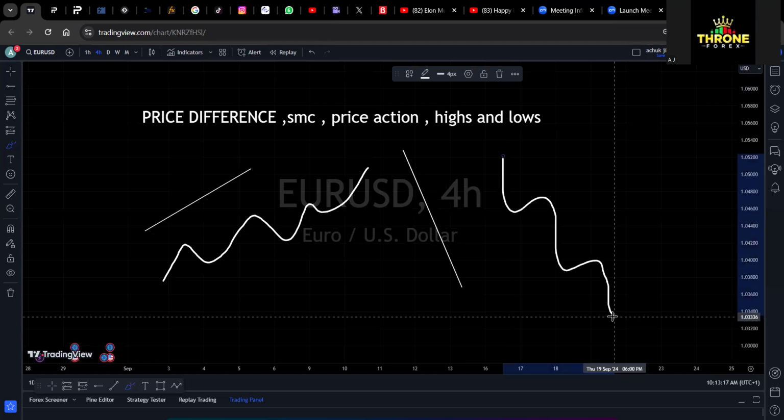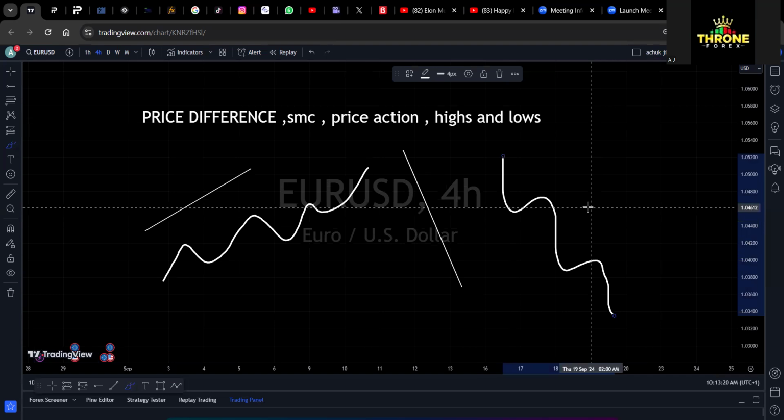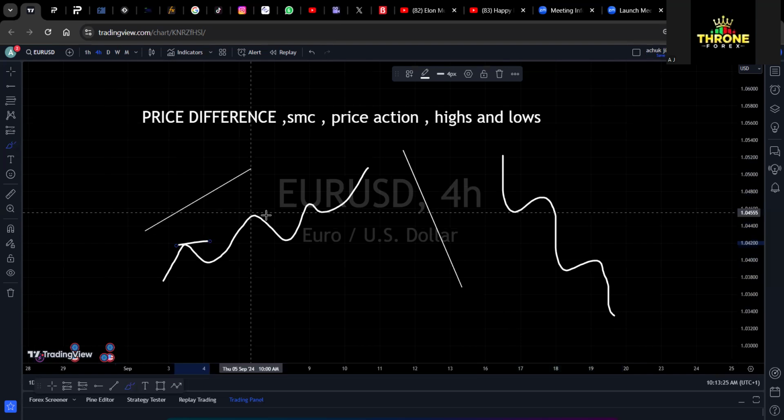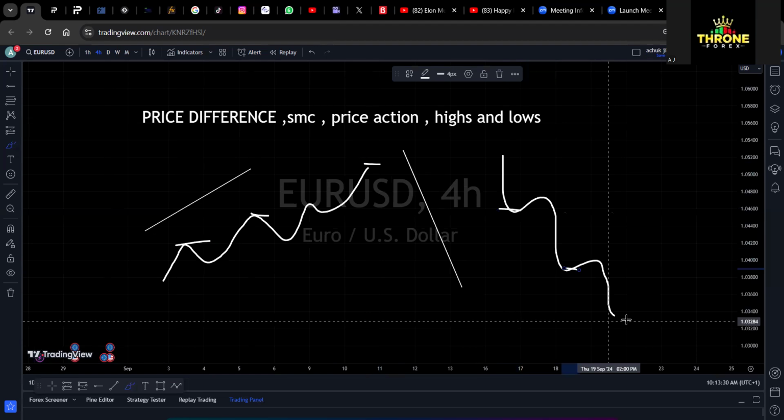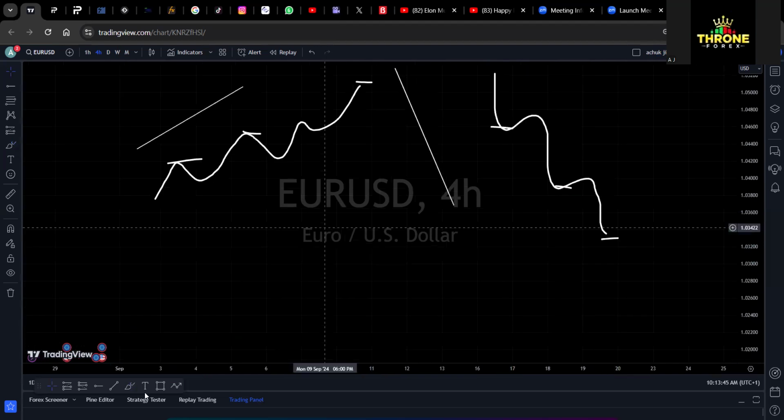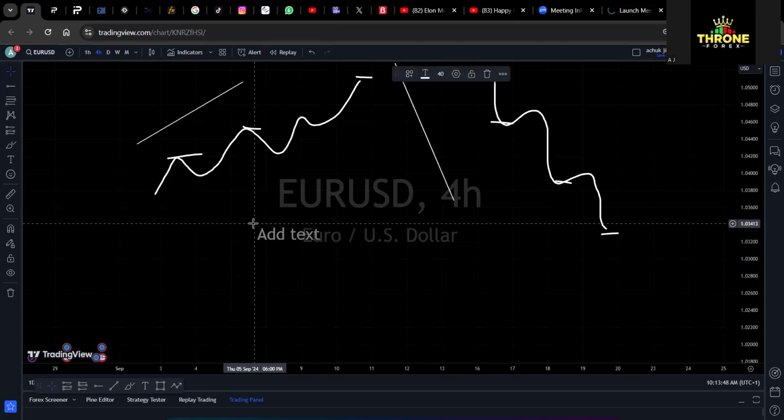But now our strategy is to be able to identify the differences between the highs and then the lows as the market moves in the waves. And there is no better way for you to identify these highs and lows without understanding candles in trend. So the most important thing for us to understand next is the candle pressures